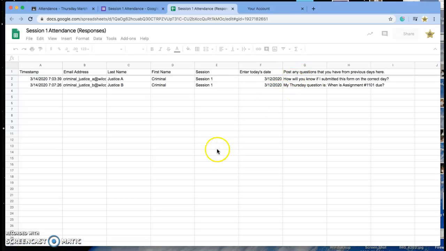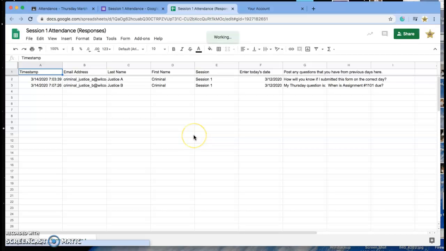When it does this, it allows me to see the actual timestamp, the actual time when the individual students actually logged in, the date and the time. So regardless of what date they claimed they logged on, I'm going to be able to see the exact day. And here I can also see the questions that they posted, and we can see that this is Thursday's responses. I can rename this form,